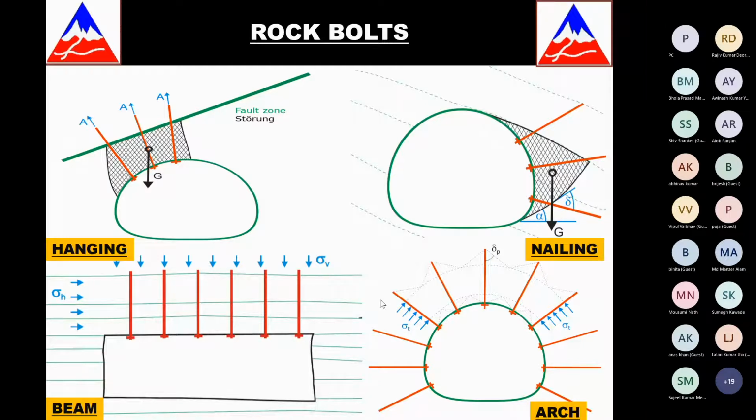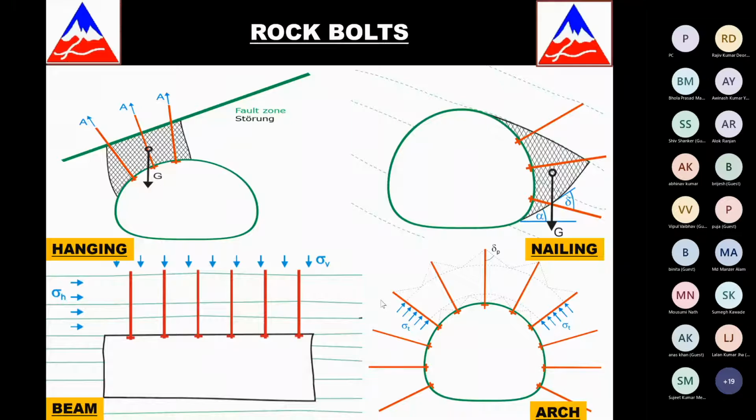Then there is what I was telling you about, continuous rock bolting. In this, you see that rock bolts are put all around on the periphery, and each rock bolt, when it is grouted, makes a kind of an arch on top, and these arches start to interact with each other. So, in a way, we have a kind of a false arch which is formed on top, and this false arch gives strength to our underground opening, which is below this arch. So, these are the ways that rock bolts act.